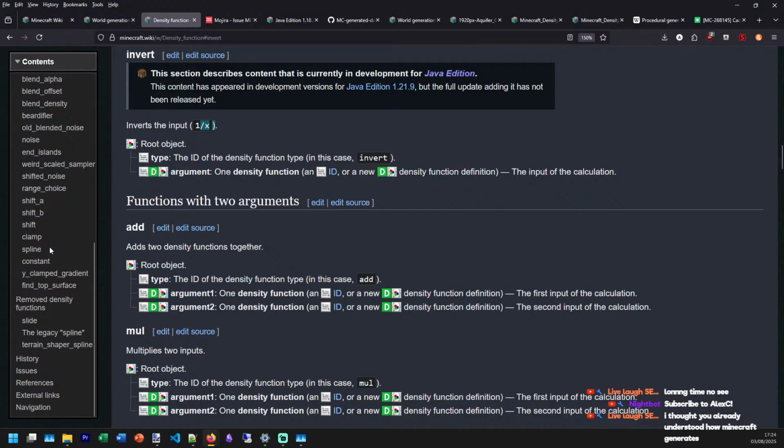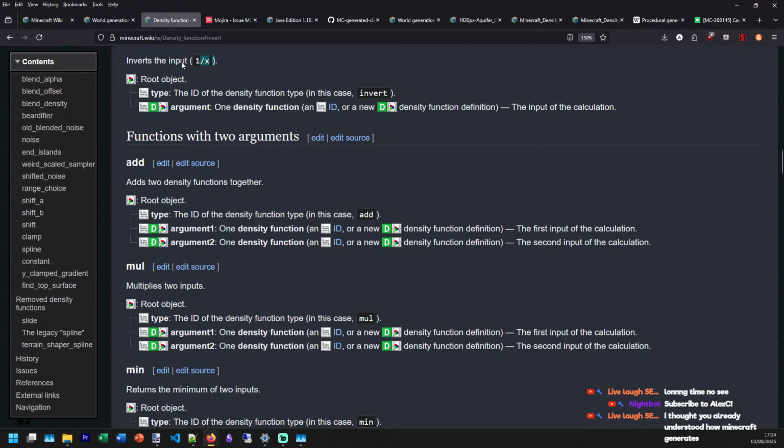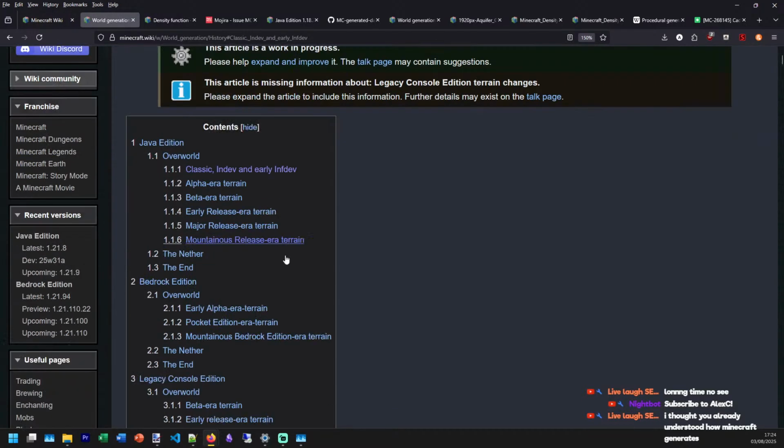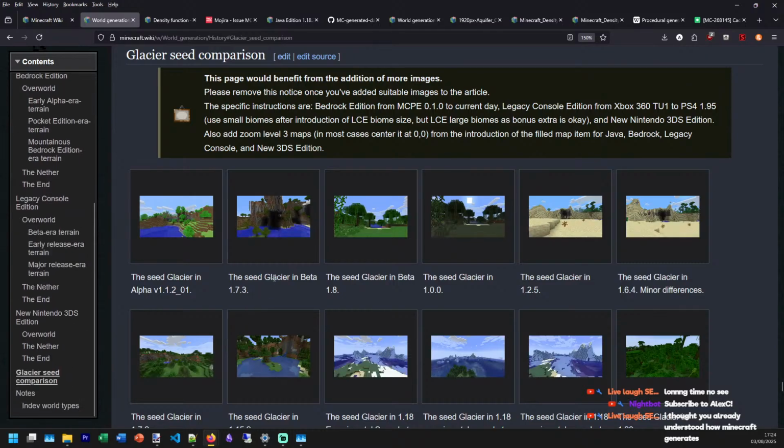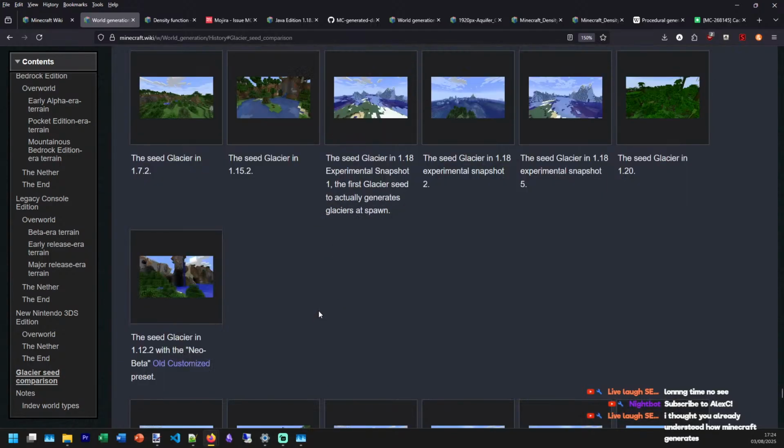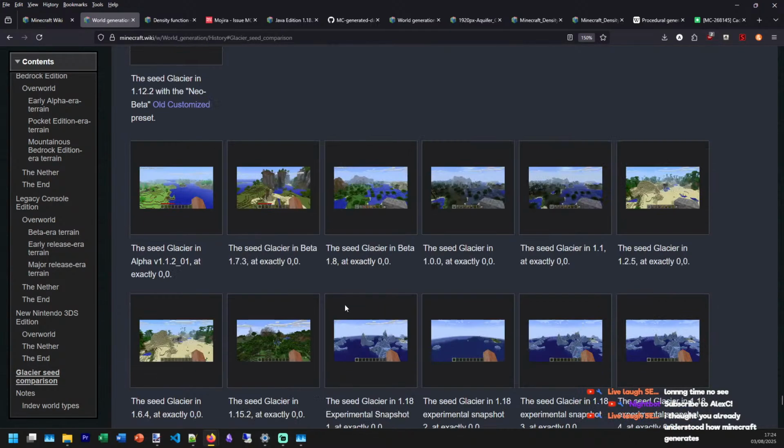End update chat. See something that's broken, he's fixing. Glacier seed. Who decided that the word for seeds is glacier?